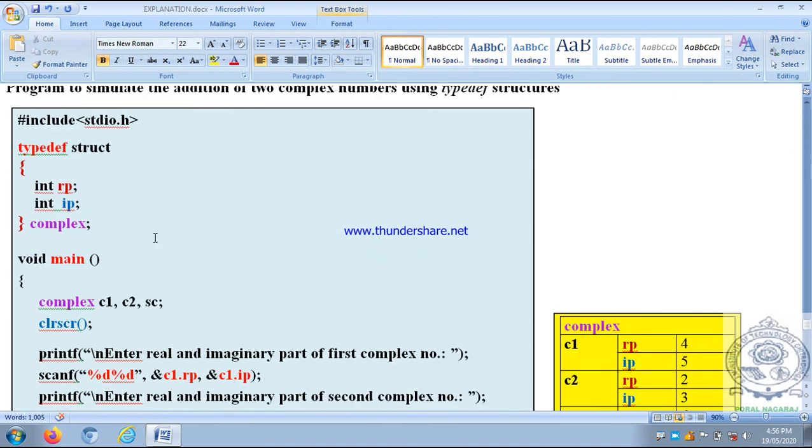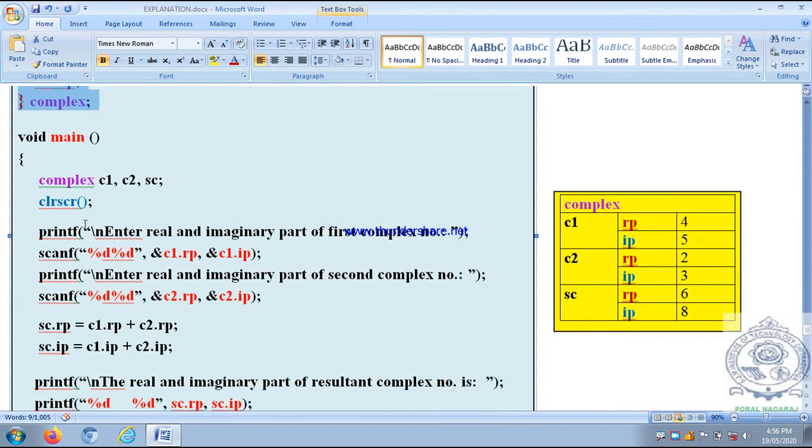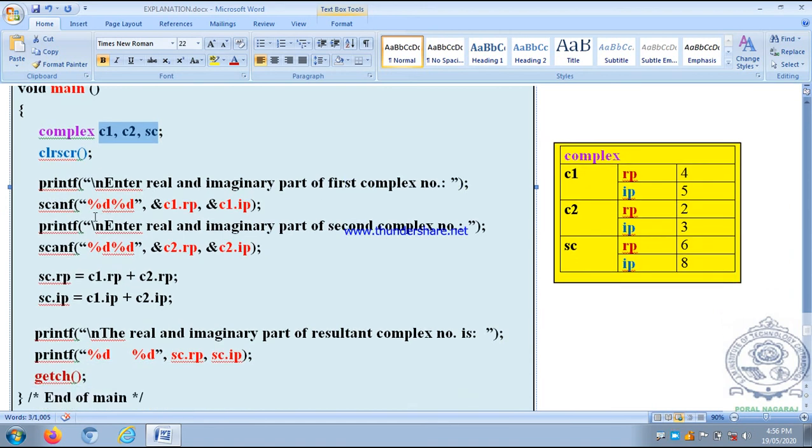This is how you can use a type defined structure to define a complex number. Once you define the complex number, you can declare three variables of complex type containing a real part and an imaginary part. You can read the real and imaginary parts of the first and second complex numbers.